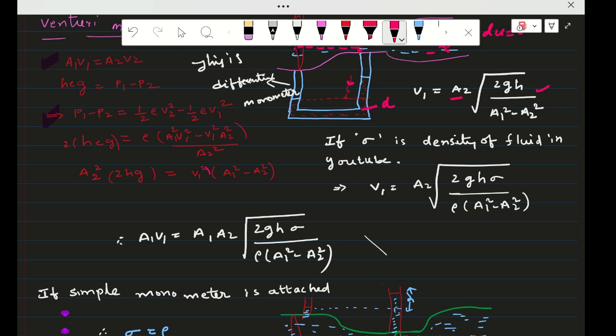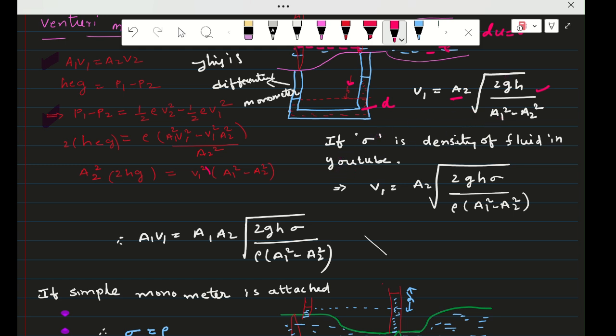Remember this: A1 is bigger, A2 is smaller value. Here V1 is coming means A2 will come. V2 coming means A1 will come here. You understand? V2 means A1 will come here. So V1 means A2 will come. That is the only difference. And now, because in the root the value should not become negative, here we take A2 minus A1, A1 square minus A2 square. A1 is the bigger one I have taken. So now,